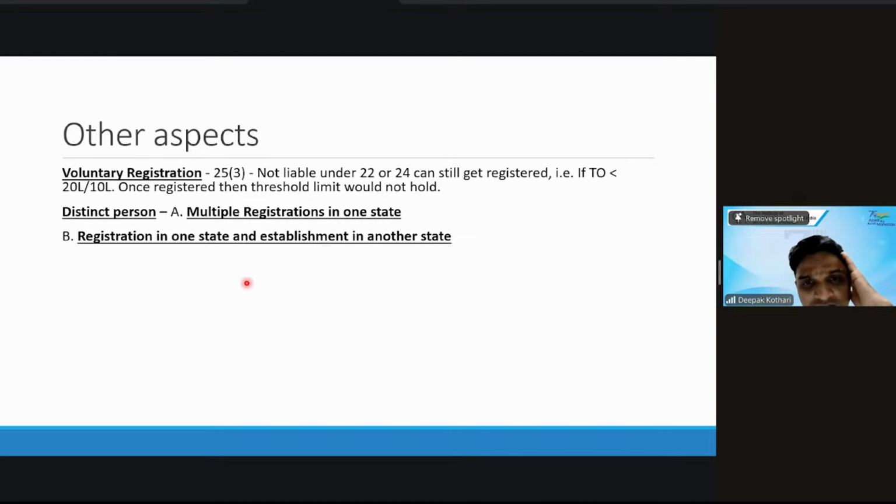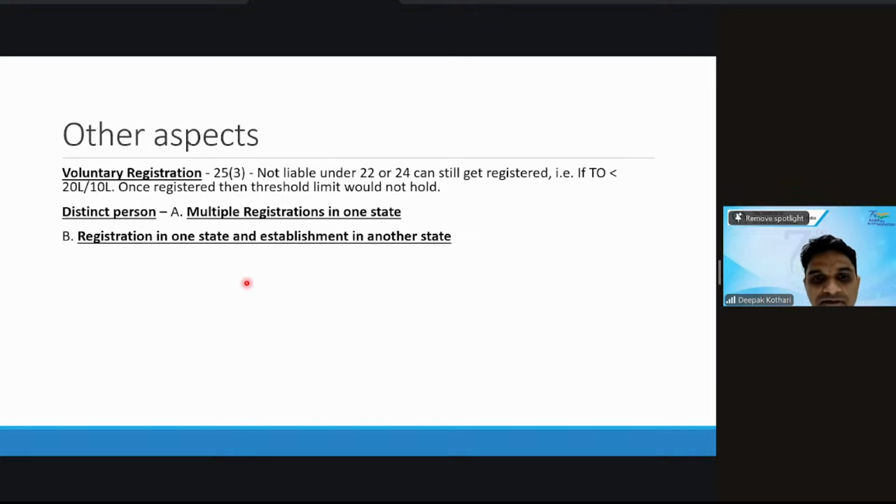What will be the principal place of business for a CTP? There he will not have a principal place of business and additional place of business. Wherever he is setting up, that exhibition place will be the principal place of business. The place where he wants to do the business is the principal place of business. Do we have to upload proof for the change of principal place of business? Yes, you have to.